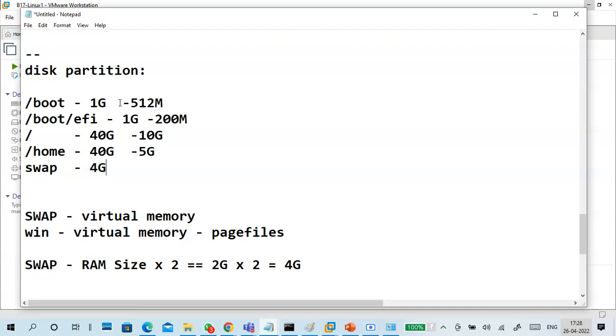If you put 2 GB, it is also enough. Swap is as per your RAM. As per RAM, less or better. 1 GB is better. This is enough. 5 GB is also enough.